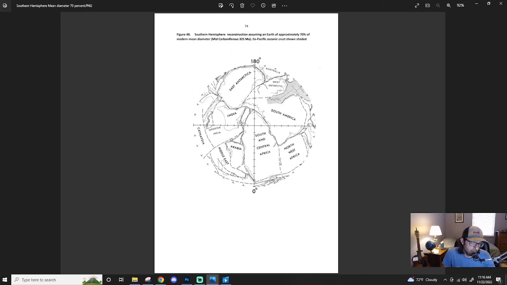This may just be this narrow current coming through and widening. Then it, at some point around here,